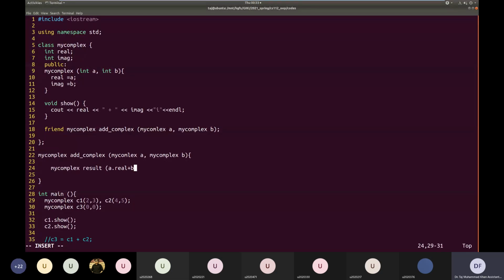This will sum the real parts of a and b and pass it to the constructor of result as the real part. And similarly, a dot imaginary plus b dot imaginary. Here we can return this result.